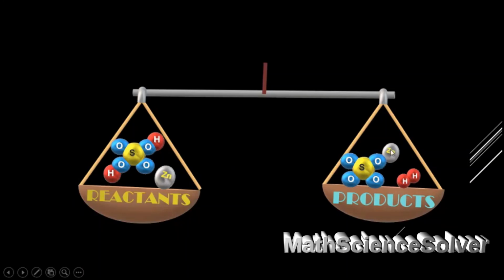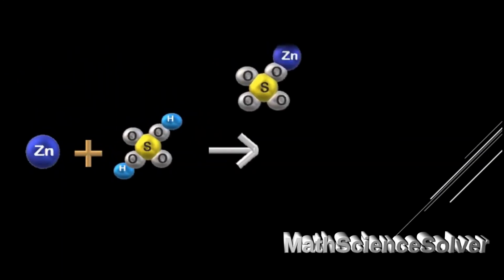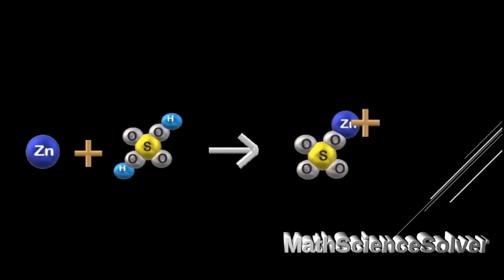So it is balanced. No balancing is needed here. Zinc plus sulfuric acid will give you zinc sulfate plus hydrogen gas. So let us move to the next